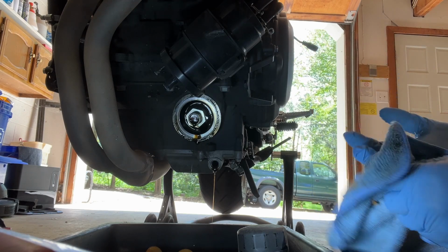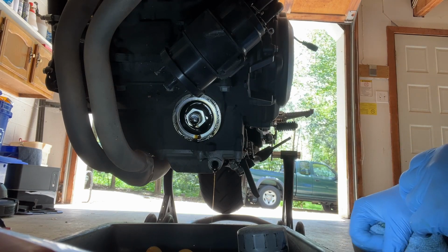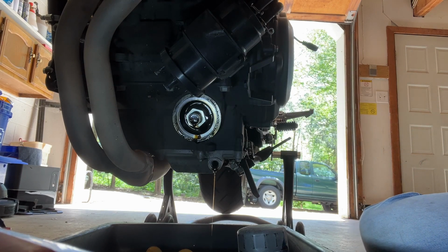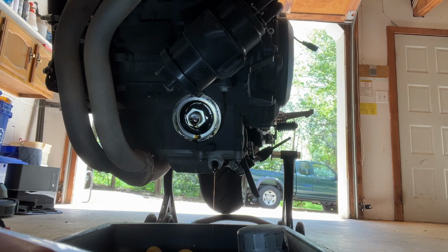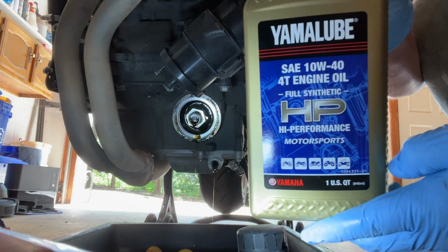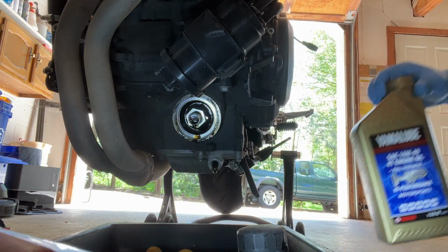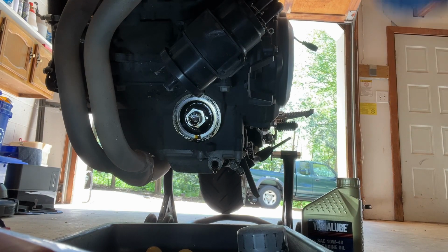Now I'm gonna let things sit here and drain out pretty good before I put oil and filter back in. And while I'm doing that, let me show you one other thing that we use. I don't think this is necessary, but we do use a synthetic oil. I don't know that you got to do that. We just chose to. I think if you've started with regular, you probably ought to continue with regular. No point in overcomplicating that, so to speak. All right, so